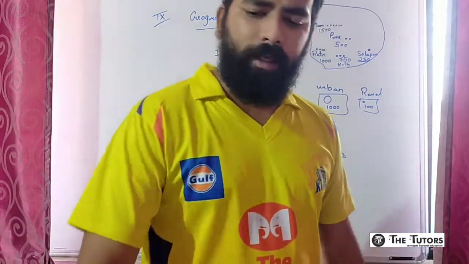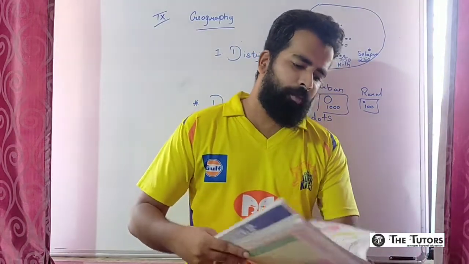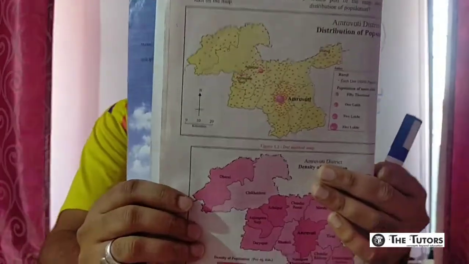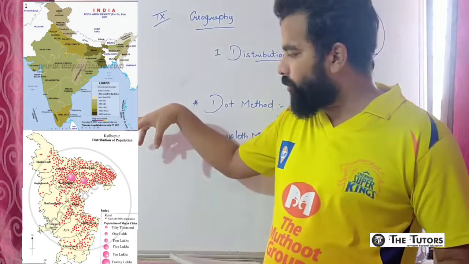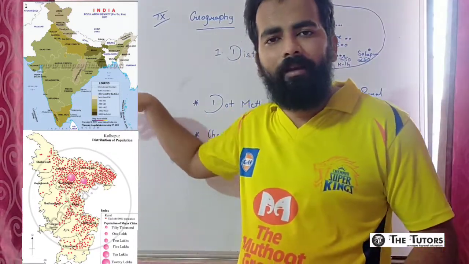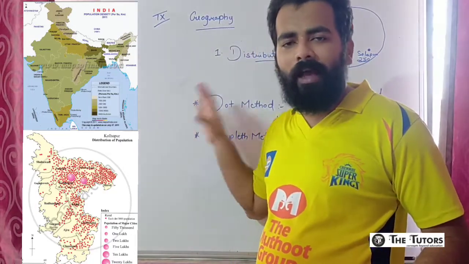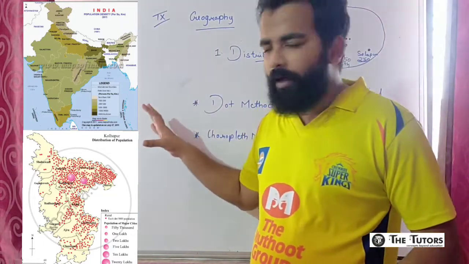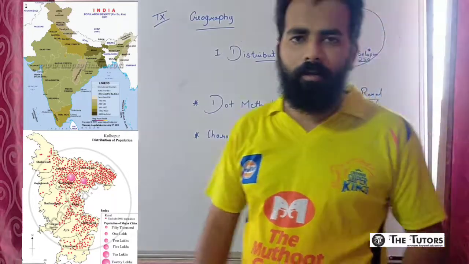Okay, clear? Now coming to choropleth method. Now this is an example of dot method, as you can see. See, this one is an example of dot method. The one above. Okay. Coming to choropleth method, here I will be giving you, you must be seeing that I have shown you the choropleth and dot method, but for now you have seen the dot method. You have seen over here that I have shown you about dot method. If you want, I can still keep in display dot method over here and choropleth method over here. Okay, see on the board.